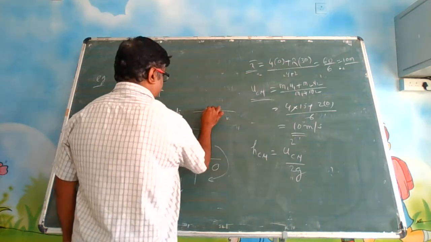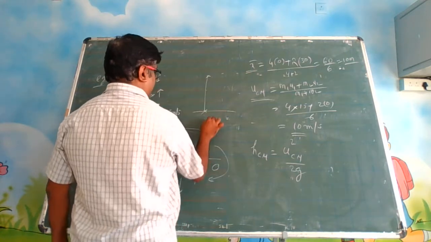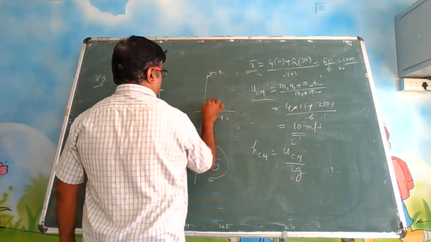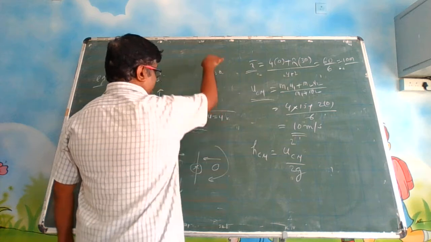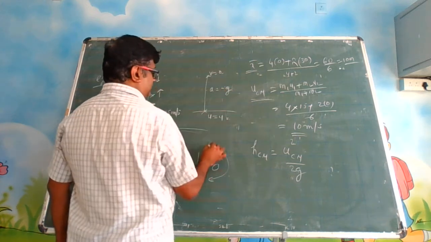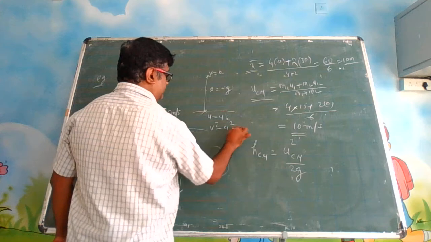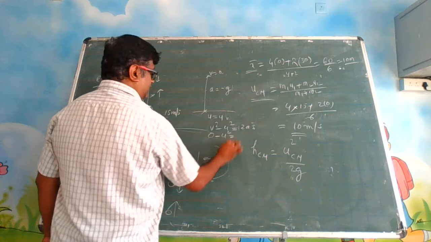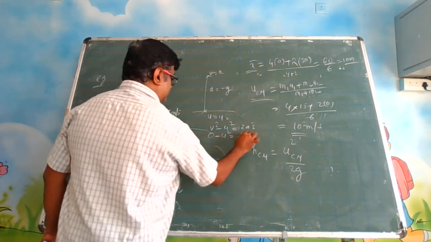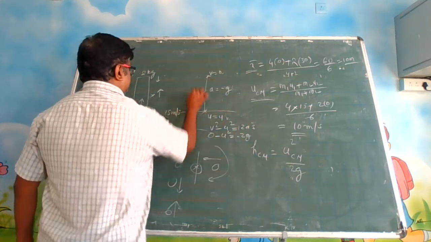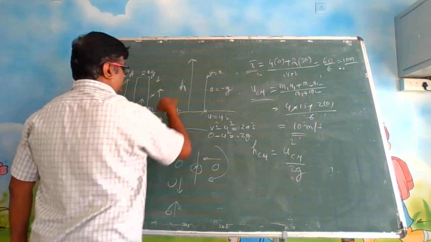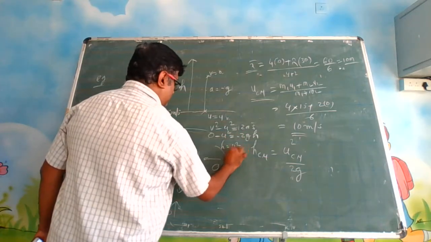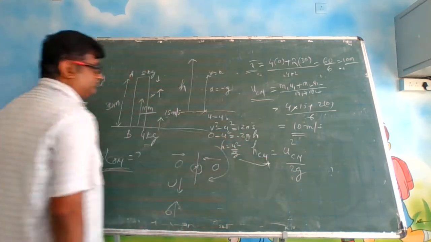Suppose there is an object here, it has been thrown up. So here velocity is u. Here final velocity is equal to 0. It has been thrown up, so acceleration acting downward, a is equal to minus g. You can apply v square minus u square is equal to 2as. V square is equal to 0. This is u square, and a is replaced by minus g, so 2 into minus g. What is this s? The height attained. I will call this h. So h will be u square by 2g. This is what I have used here.